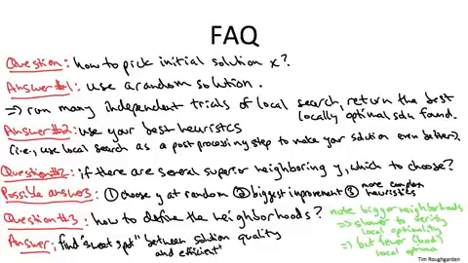Let me reiterate, these are just guidelines. These are not gospel. In all computational problems, but especially with local search, the way you proceed has to be guided by the particulars of your application. So make sure you code up a bunch of different approaches, see what works, and go with that.